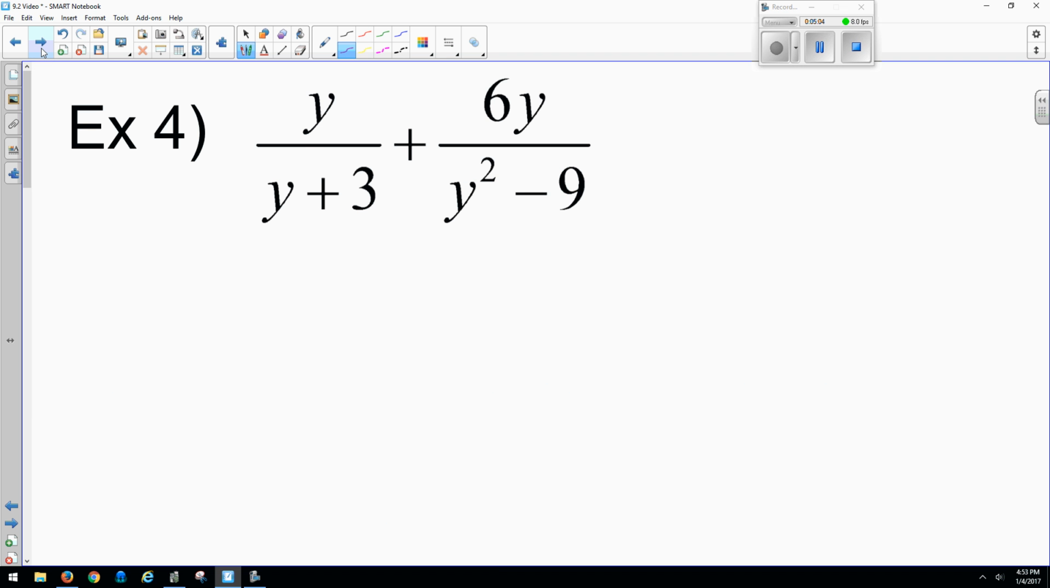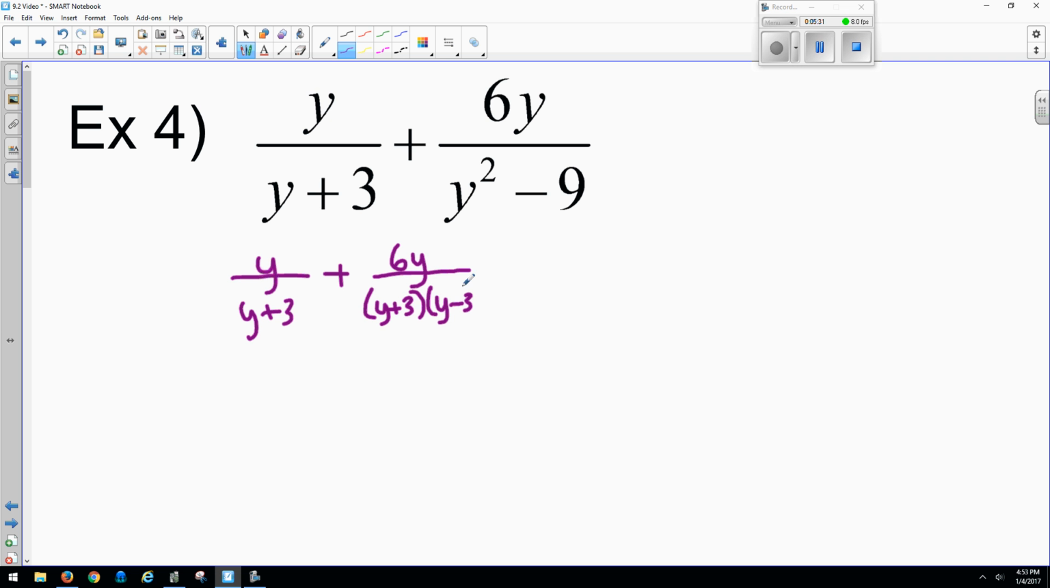So in number 4, I'm going to factor anything I can in the denominators. Well, as you can see in the first one, there's nothing to factor. However, in the second one, there is. This is the difference of two perfect squares. So I'm just going to rewrite this. Try not to get it all jumbled by trying to factor all up here. Just rewrite it. So instead of y squared minus 9, I'm going to write it as y plus 3 times